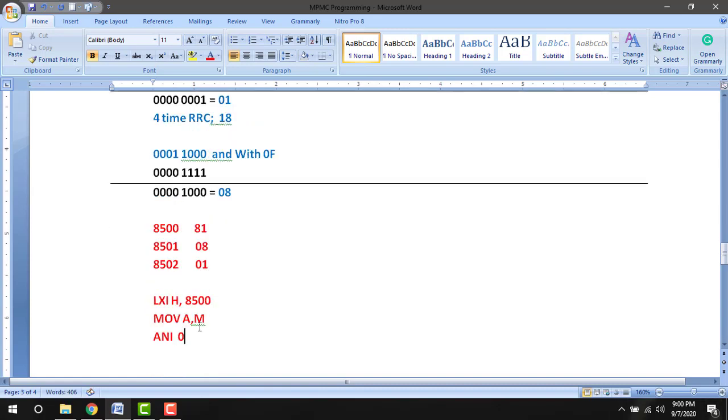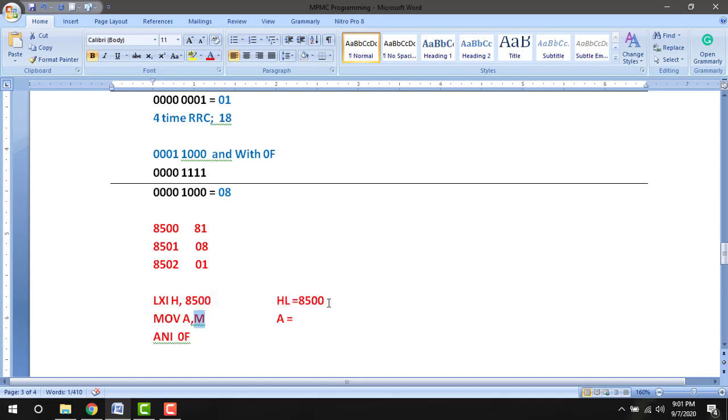So first, after executing LXI H, 8500, HL is equal to 8500, and after executing the second instruction MOV A, M, the data is moved from memory to the accumulator.